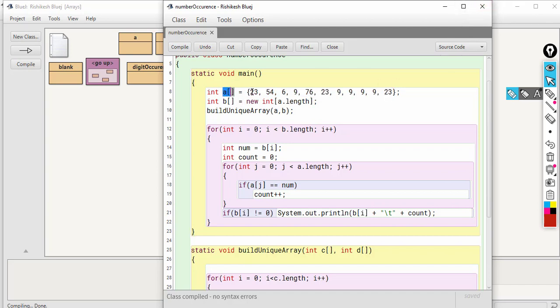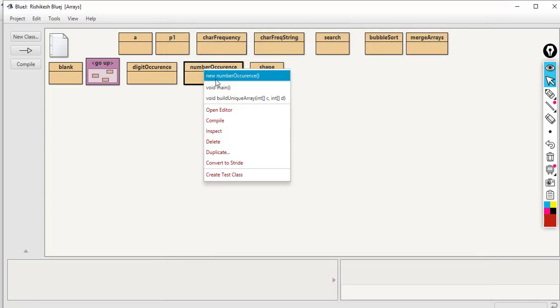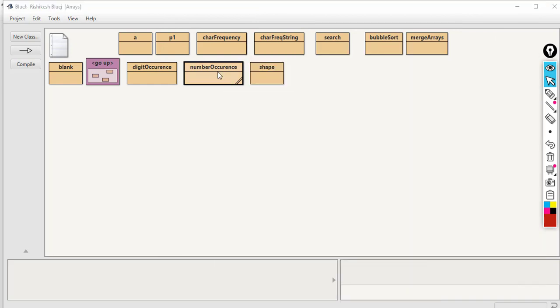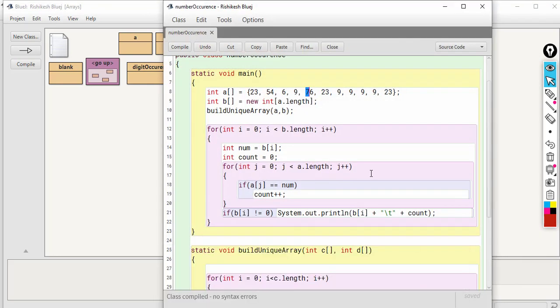Here in this array A, I've got a few data items, and you see we have 23, 54, 6, 9, 76. These are the unique values. Now let me show you the output. So the output is showing you the number of